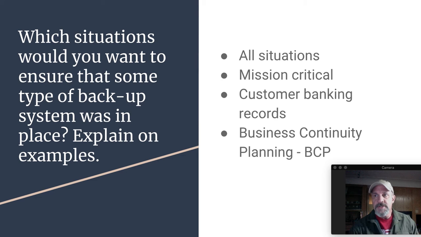The next question: in which situations would you want to ensure that some type of backup system is in place? From my experience, all situations. There's another question coming up that references the Google applications or the online type things like Google and Dropbox. And in fact, I love Google because it saves almost after every keystroke. So it's got a backup and it keeps versions. So you can actually go back and see what a document looked like 2 times ago when you edited it if you want. And that's like a built-in